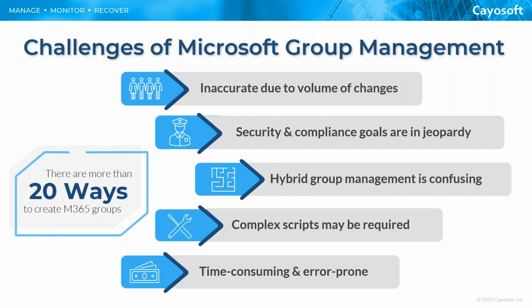Because of their inaccuracy, groups place not only security but compliance goals in a state where they can be easily compromised. And I can't tell you the number of times I've seen people looking for software solutions because their SOX auditor or the HIPAA auditor or their PCI compliance people came in and said, hey, we found these people, they have access to something they shouldn't, and now you need to find a way to make sure this doesn't happen again, right? So they start looking for solutions to keep these initiatives like security and compliance going the way they should.